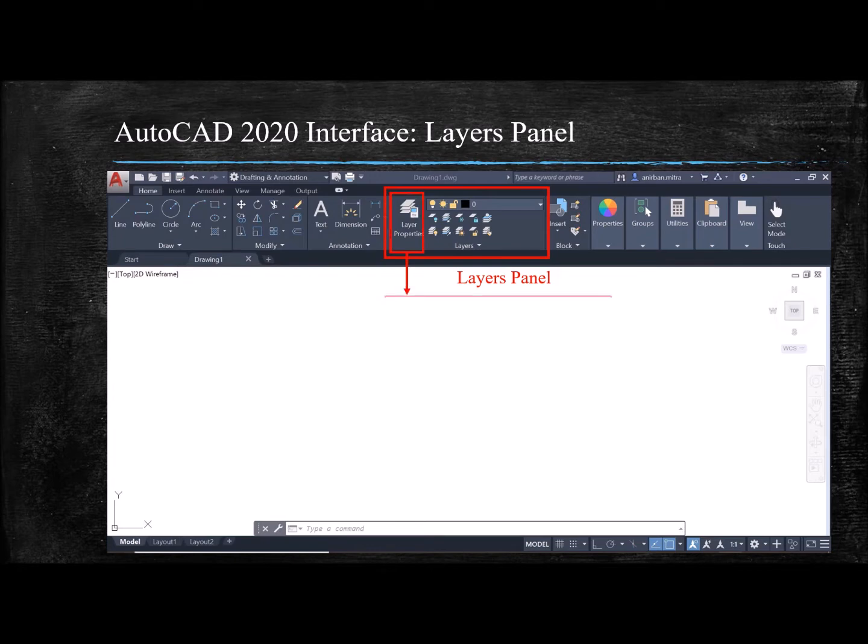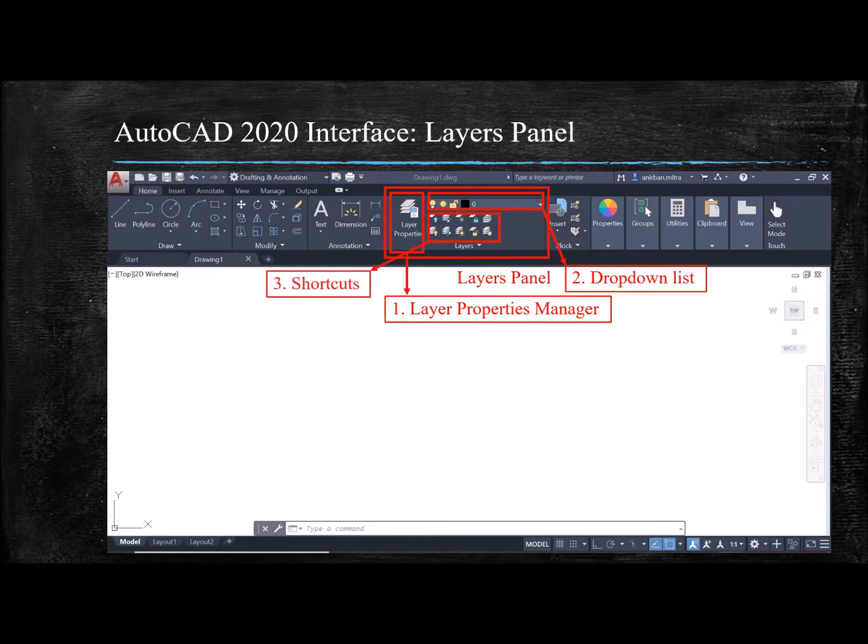The first one is the layer properties button, which grants us access to the layer properties manager window. The second important part of this panel is the drop-down list that provides us with a choice of layers and a few other functionalities. And the third one is a group of shortcut buttons.